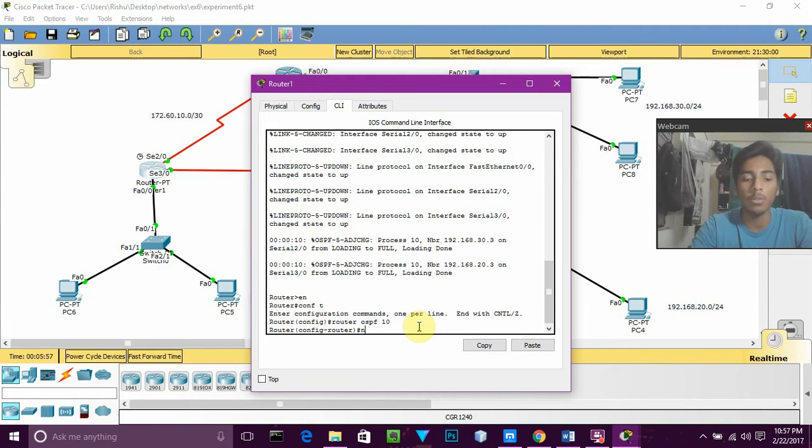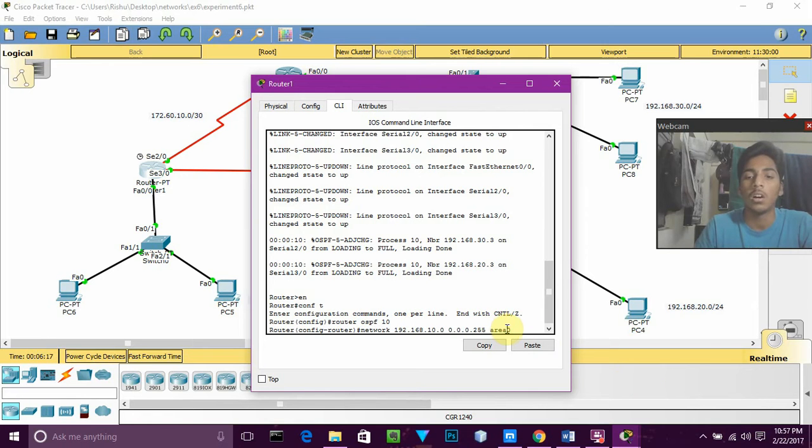Then we have to give the command network 192.168.10.0, then the wildcard mask, that is 0.0.0.255, then the area, that is area 0,